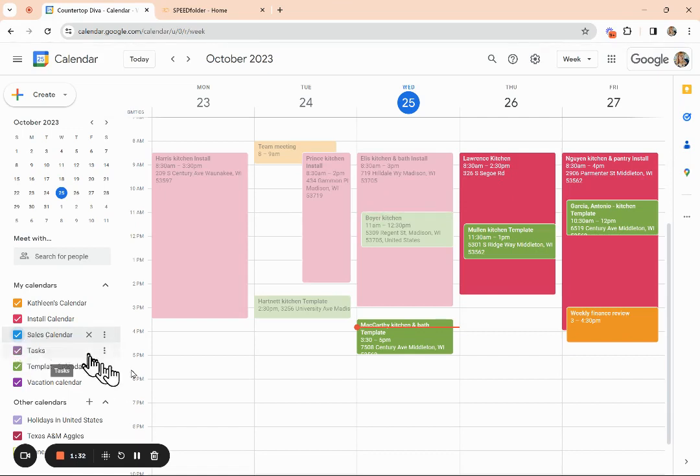And again, I can turn it on and off. We're not going to see anything yet though, just because I don't have any events on the sales calendar. So to demonstrate it, I also wanted to mention that when you have multiple calendars, the one thing you do have to be kind of watchful of is when you make a new event, what calendar are you saving it